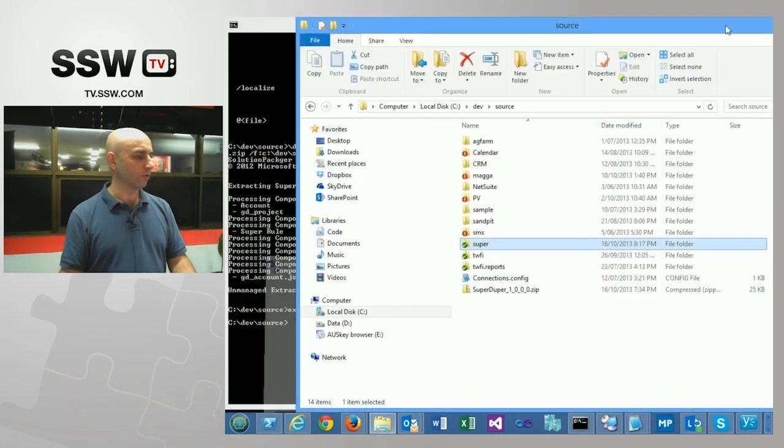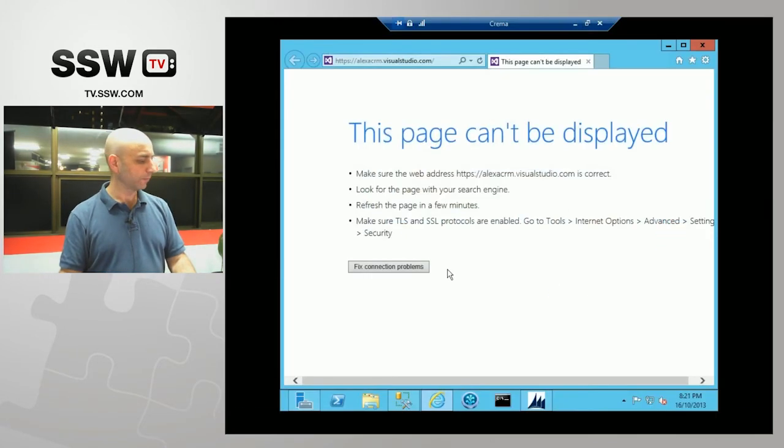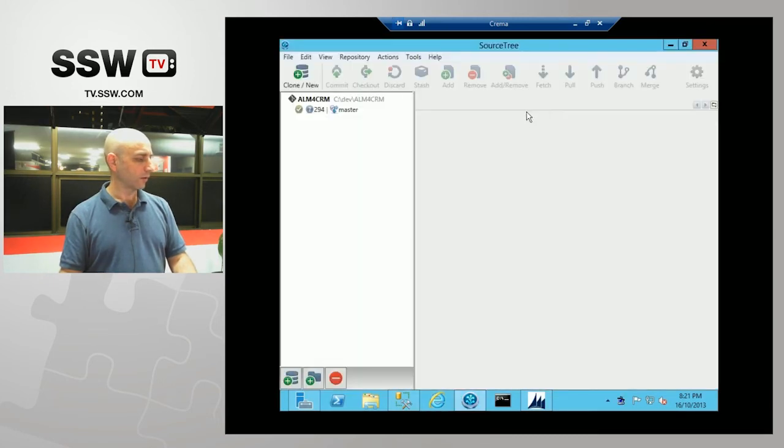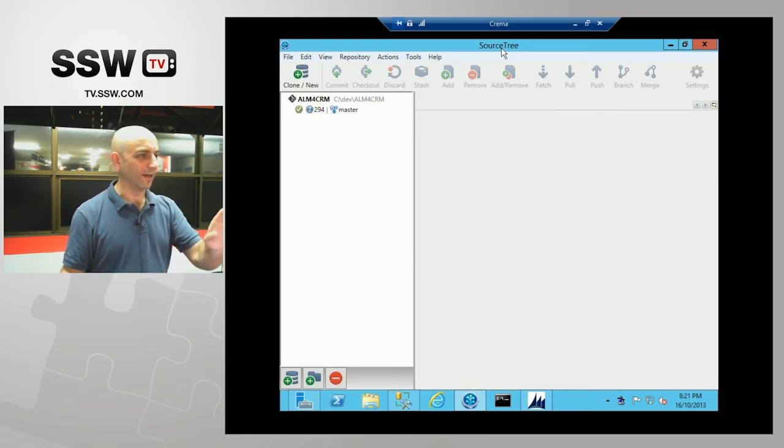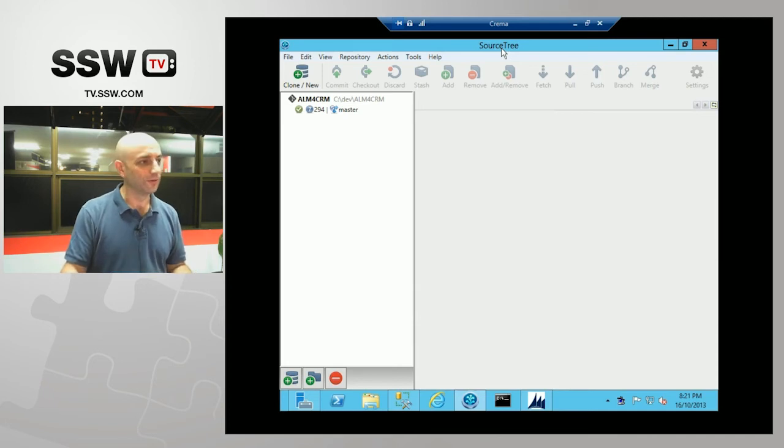The tool that I used, Adam, did you see this tool? I downloaded Atlassian's tool called SourceTree. If you're using TFS, you can get all this from Visual Studio too. Yeah, but what if I'm on the server and I don't have Visual Studio right now? What do I do? That's a rich client too. It is a rich client. Look, this is just for demo. If you're running scripts on a build server, right, you would